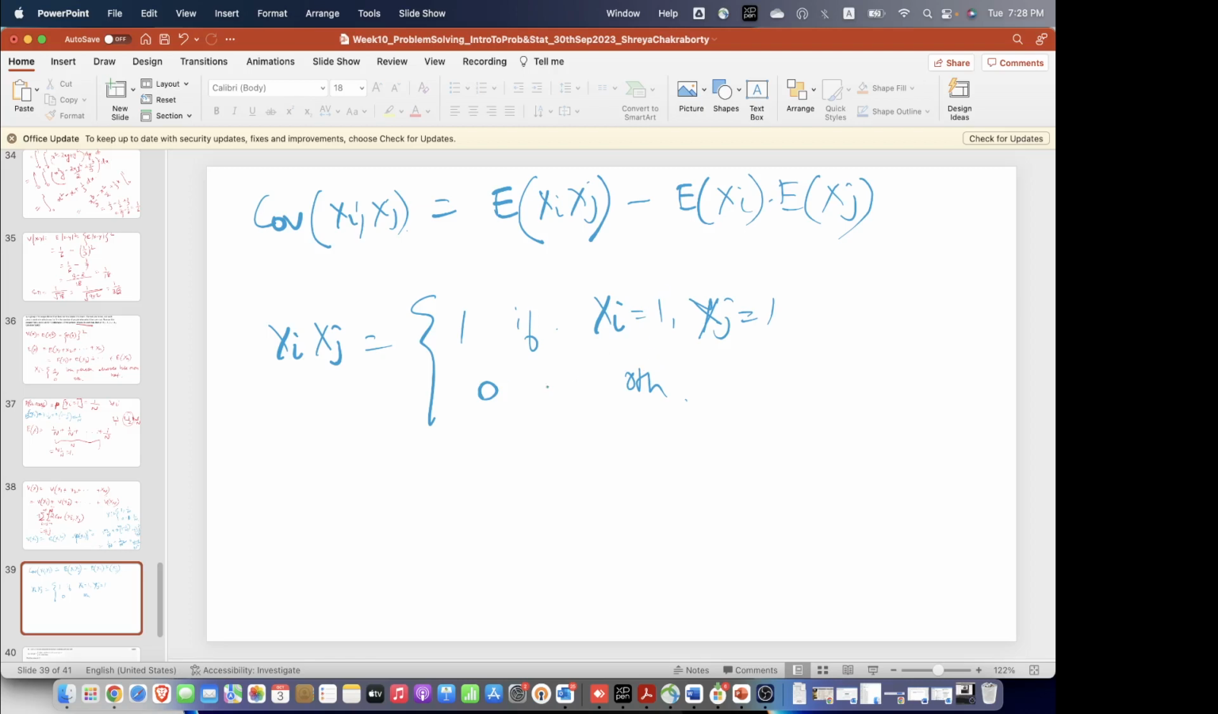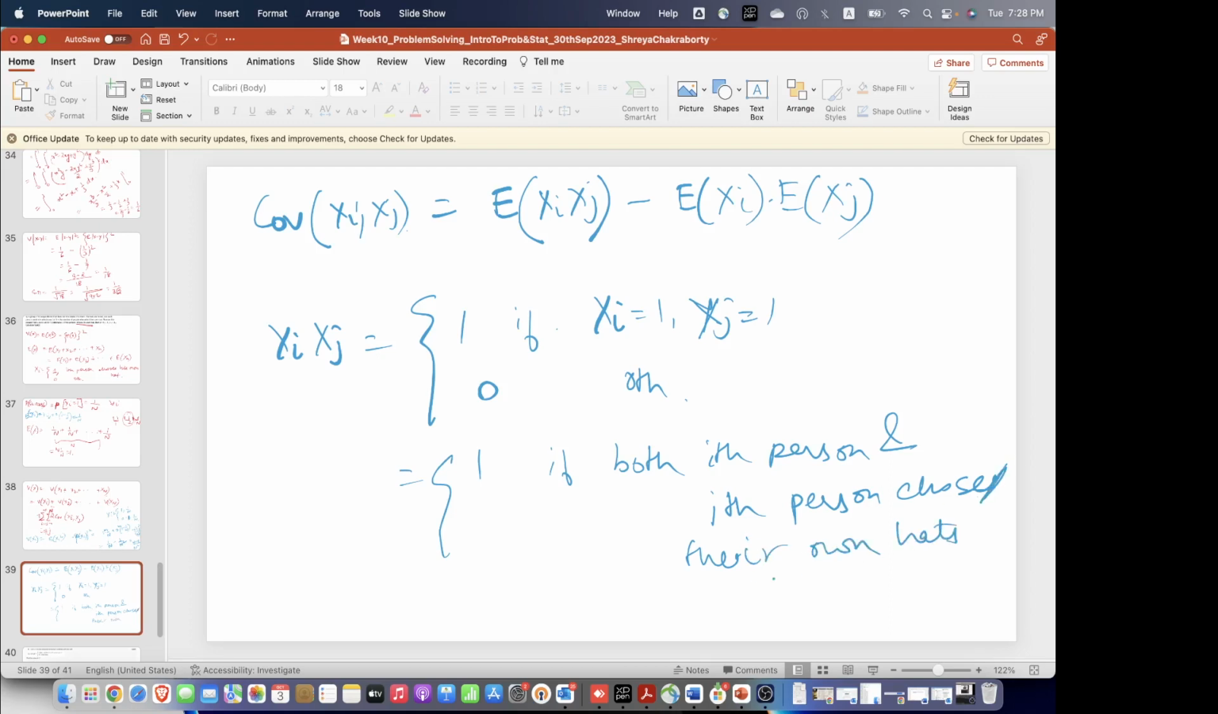Okay, so this means that this will be 1 if both the ith person and jth person choose their own hats respectively. If either of them makes a mistake, this would come down to be 0. Okay, so probability now,